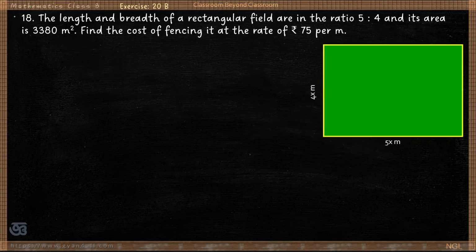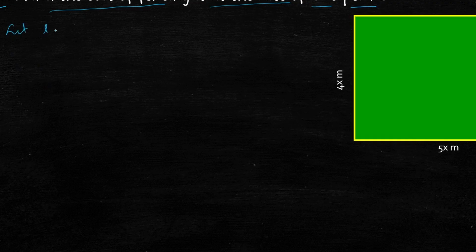Question number 18. The length and breadth of a rectangular field are in the ratio 5:4 and its area is 3,380 meters squared. Find the cost of fencing it at the rate of rupees 75 per meter. Okay, let length of the rectangular field L is equal to 5x meter and breadth of the rectangular field is 4x meter. Therefore, area is equal to length 5x multiplied by breadth 4x, and that is given, that is equal to